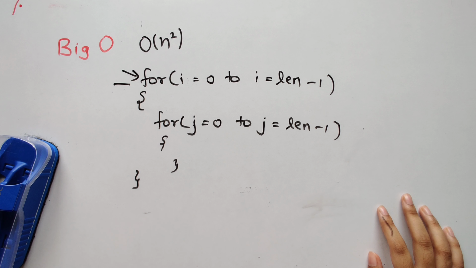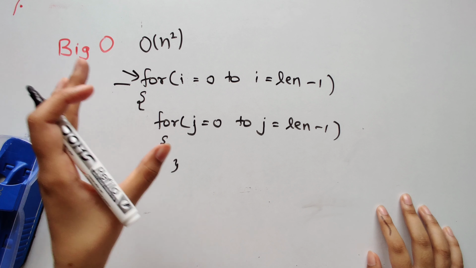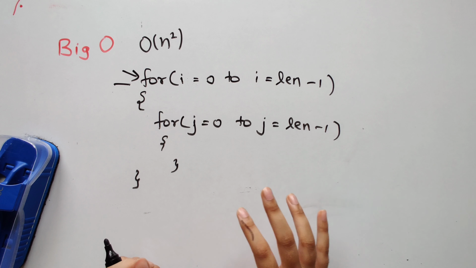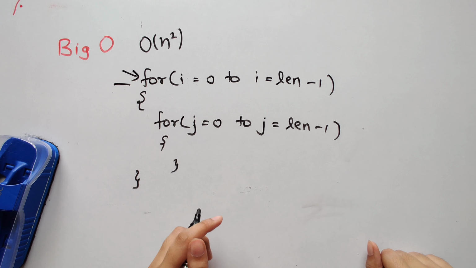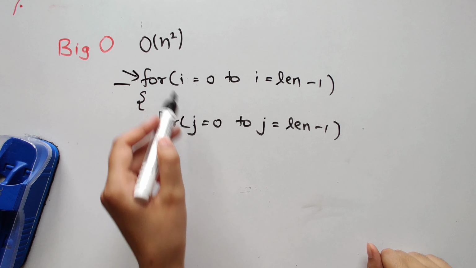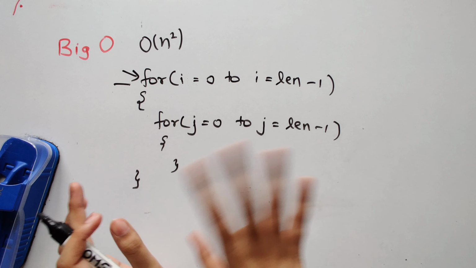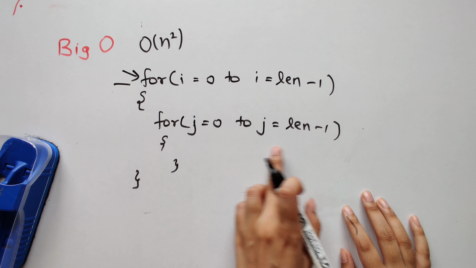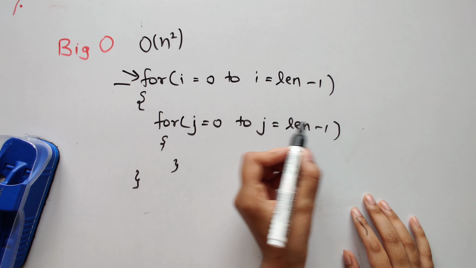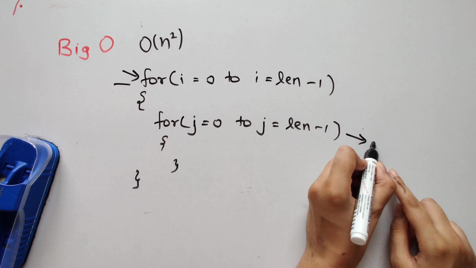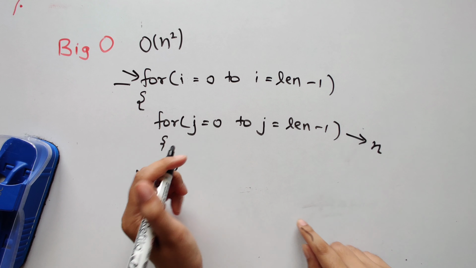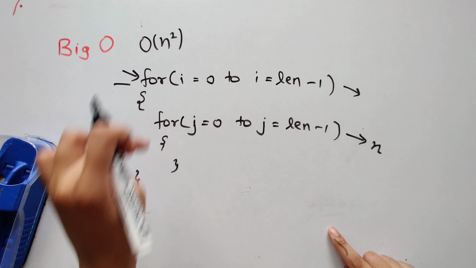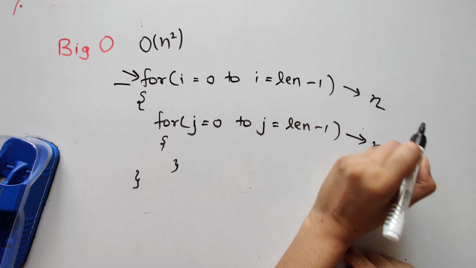Now let's understand when can you say that the time complexity of your algorithm is O of n square. There's a trick here that you can follow to find that out. You're given 2 for loops, okay? They are nested, but forget about the nesting for now. How many times will this for loop run? It runs length minus 1 times, so the time complexity for this alone is linear. For the outer loop also, forget about what's inside it. As a loop, the time complexity of it is n.